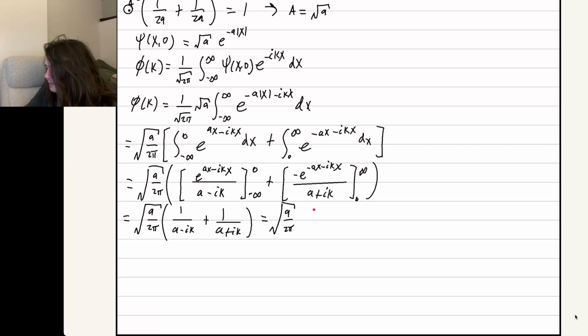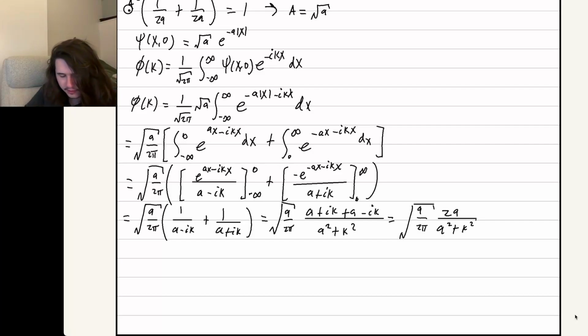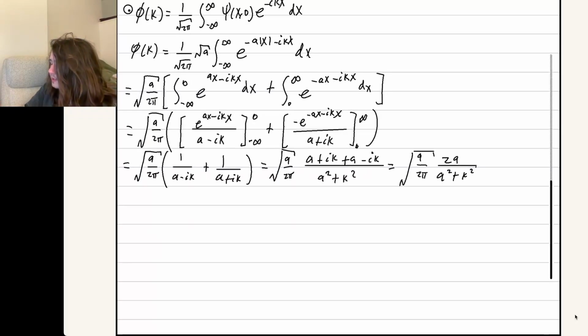Get rid of those pesky imaginary symbols, so we'll have a plus ik plus a minus ik over just a squared plus k squared, and then those will simplify. You get a 2a up top, that fraction, and then the denominator is just that stuff there. So that's cool. Then the problem asks us to construct the time-dependent wave function,